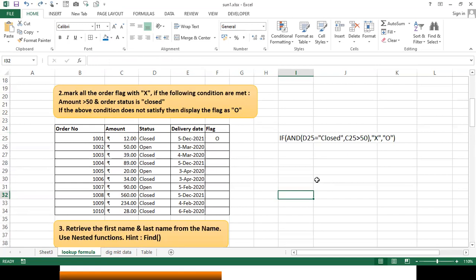The two conditions will be verified with an AND. What I'm trying to do is, D25 is over here, D25 is closed. Okay, status. I want to check whether it is closed or not, and whether the order amount is greater than 50. If these two are matching, then write it as X. Else I'll write it as O. Okay, once you are done with this, I'll just pull this. It's going to give me X wherever it is required, and O wherever it is required.